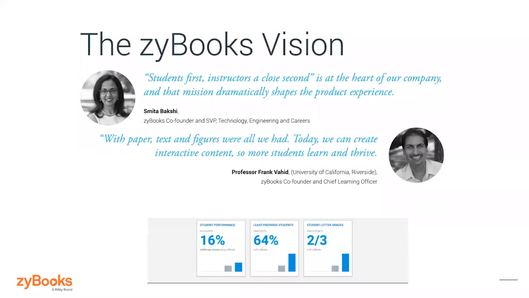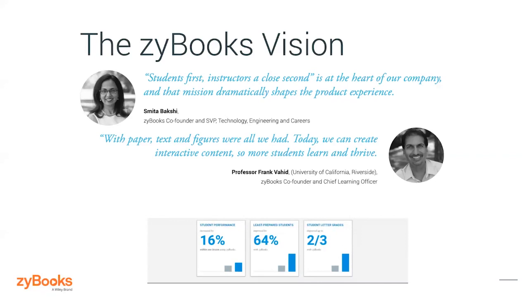So a little bit of background about Zybooks. I think about half of you are familiar with Zybooks. Maybe you even use a Zybook in one of your classes already. But for those of you who aren't, the Zybooks mission and vision is interactivity at its core. It's a professor-founded company. These are our two co-founders, both were professors, and Frank Vahid actually still is a computer science professor. The idea was that he wanted students to learn by doing and interacting instead of just reading, because over time, students weren't reading their textbook. He was noticing they weren't even buying their textbook. So something had to change.